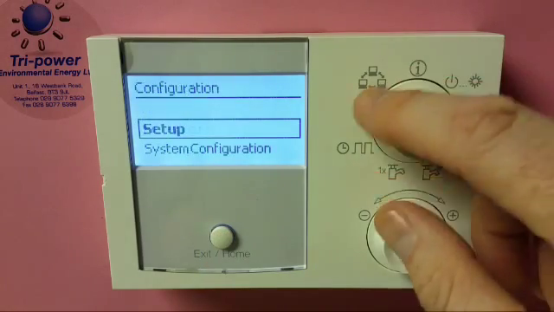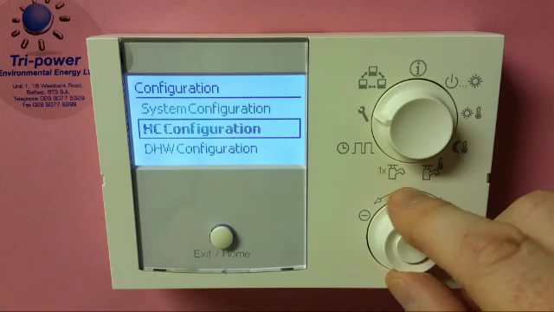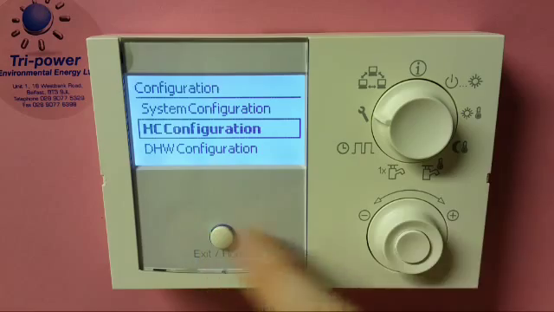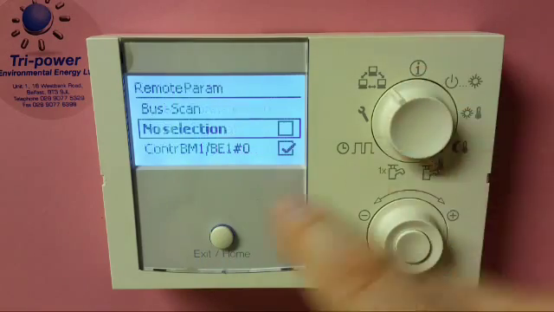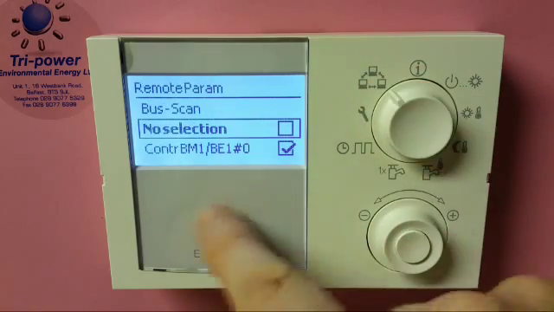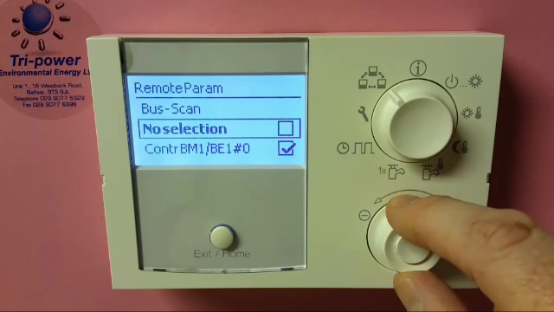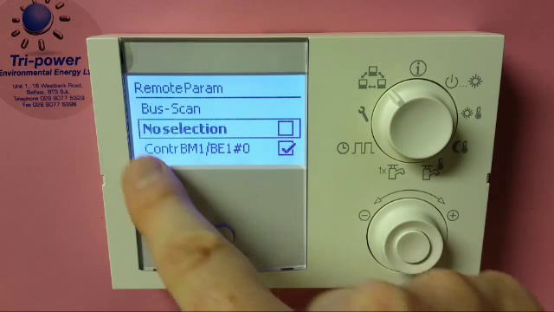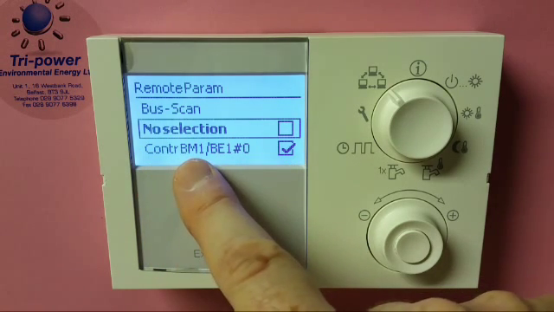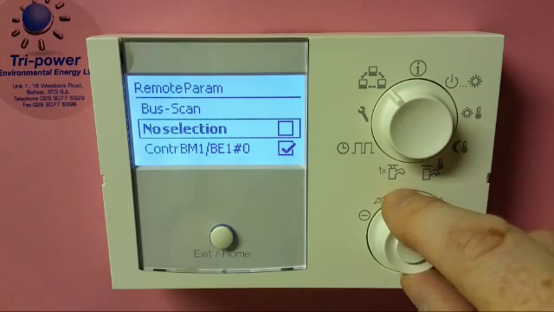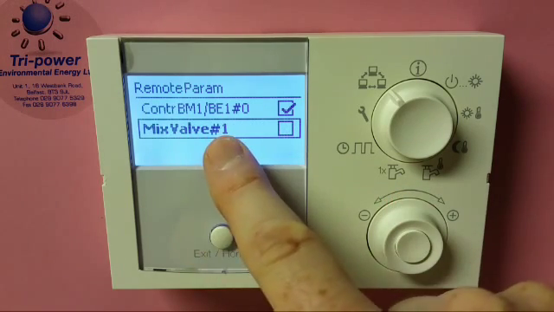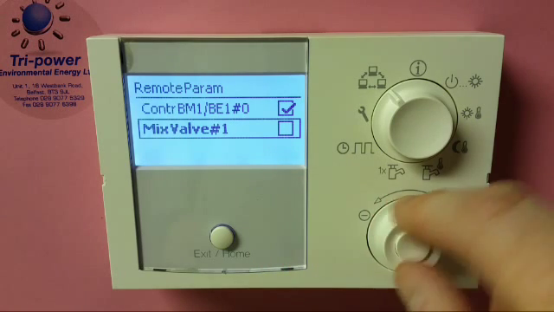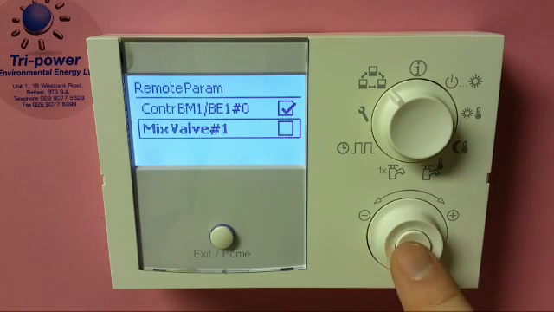If I go to the spanner, this allows for configurations, different setup menus that the user can control. And if I go to this, this allows this controller to see all the other controllers in the building. So at the moment, no selection is highlighted, but you will see the tick beside the control BM1, which is the boiler. Mixing valve 1, on this particular instance, happens to be the first floor circuit. So if I wanted to see what was happening in the first floor circuit or adjust times and temperatures, I